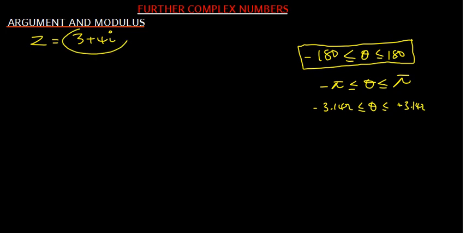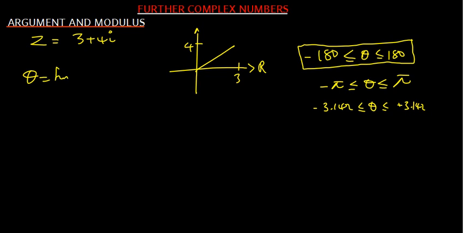Now if you consider this complex number, both x and y are positive. That means this complex number is in the first quadrant. So this complex number is going to be there where x is positive 3 and y is positive 4. Of course, this is representing the imaginary, and this is representing the real part. So the argument is found by taking the tan inverse of y over x. So that will give us tan inverse, the y value here is 4, the x value is 3. Now tan inverse of 4 over 3,